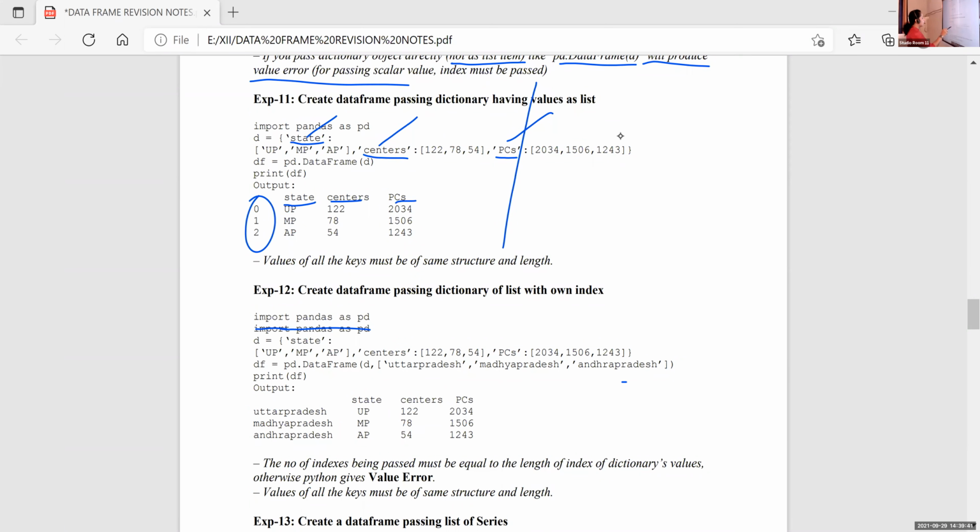Okay. So after D, D is the dictionary name, for giving values. D, comma, within square brackets give the row names. Here 3 rows are used, and for those 3 rows we are giving 3 row names: Uttar Pradesh, Madhya Pradesh, and Andhra Pradesh. The first name is for the 0th row, the second name is for the first row, and the third is for row 2.